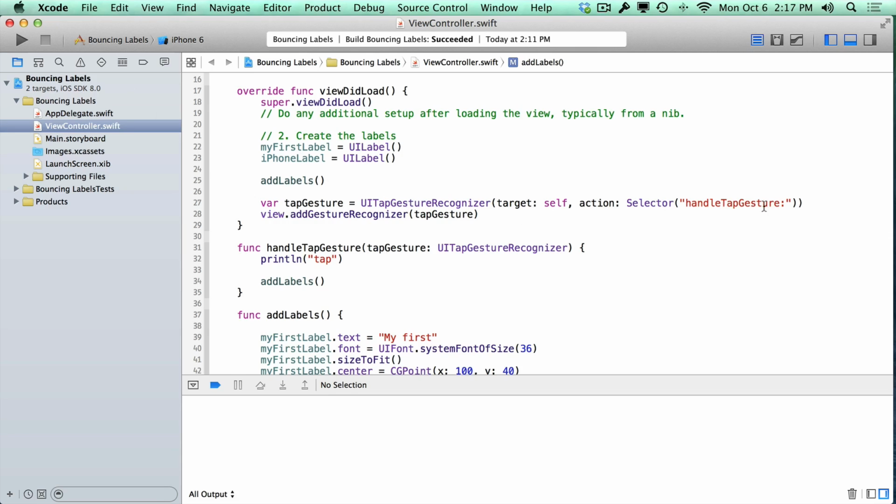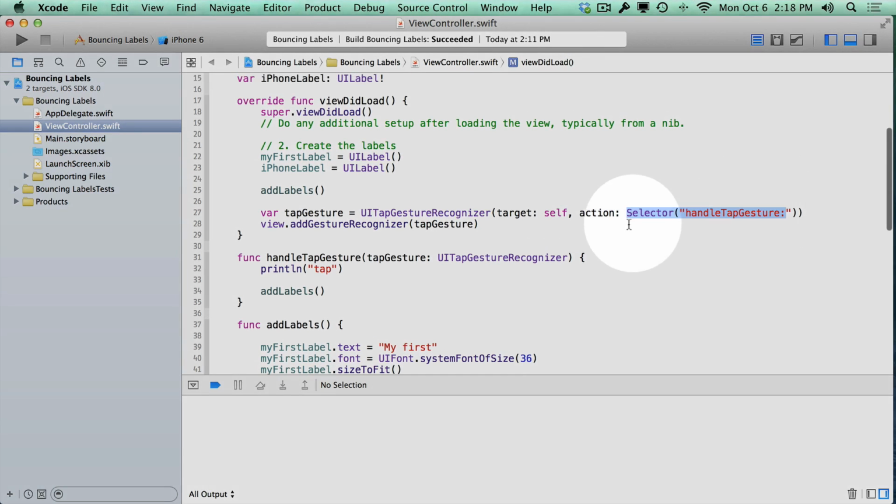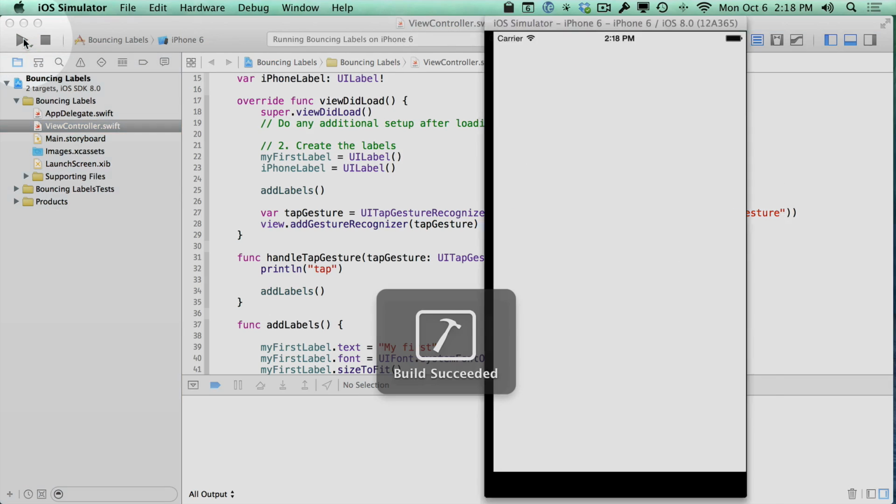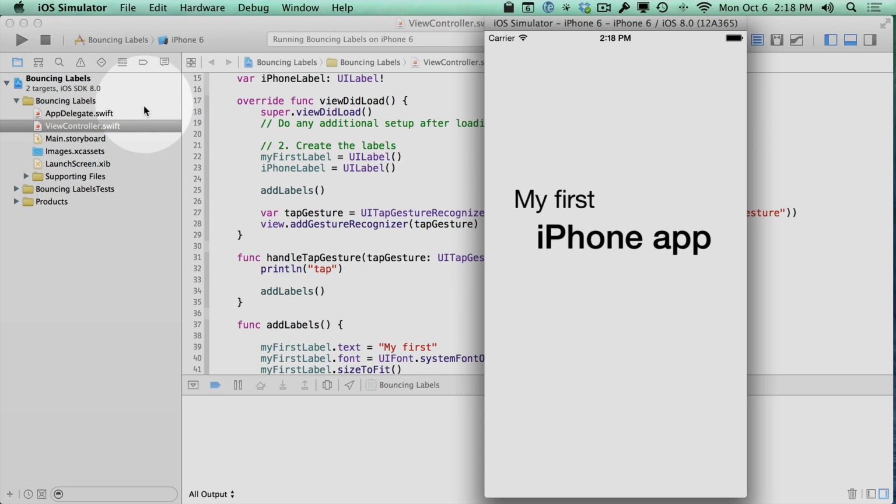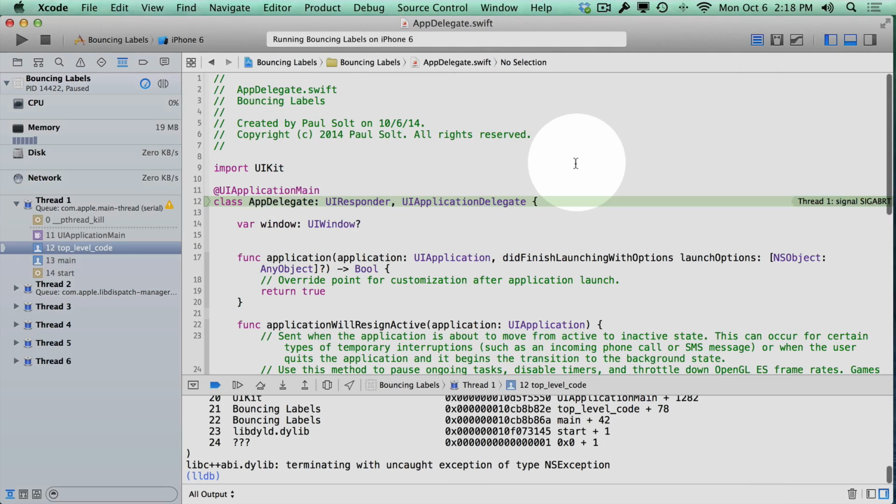The first one is when you mistakenly type a certain method, and that's usually when you're doing something with a selector. So right here on the viewDidLoad method, we added the selector message. Now, if I were to get rid of the colon here and rerun, we wouldn't see any issues when we built and ran the application, but we would see an issue when we go to tap. And so if I were to tap, we get a very common crash,